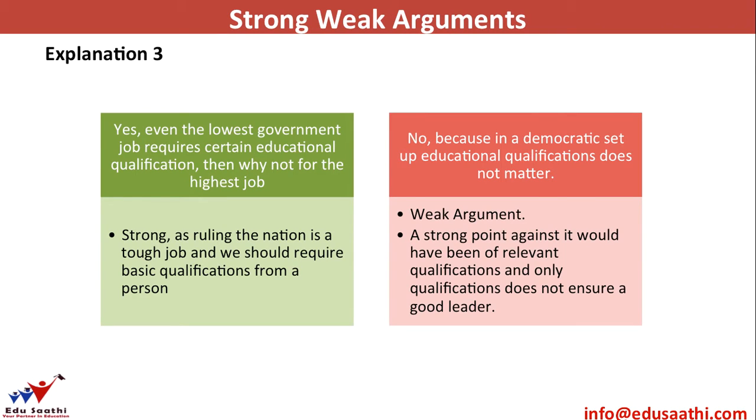Let's discuss the explanation of the given arguments. The first argument says yes, even the lowest government job requires a certain educational qualification, then why not the highest job? This is a strong argument. Why? Because the government has its certain agendas that a person must be this much qualified or this much experienced to apply for a government job. Even for the job of a clerk, you need to be qualified enough. So if even the lower jobs ask a person to be qualified, then why not the jobs for the higher officials or the ministers? And secondly,